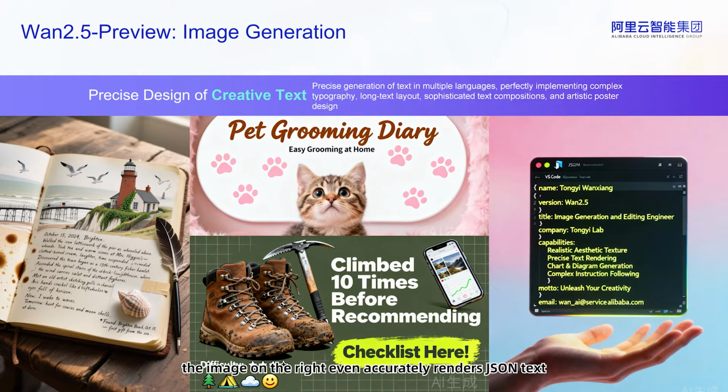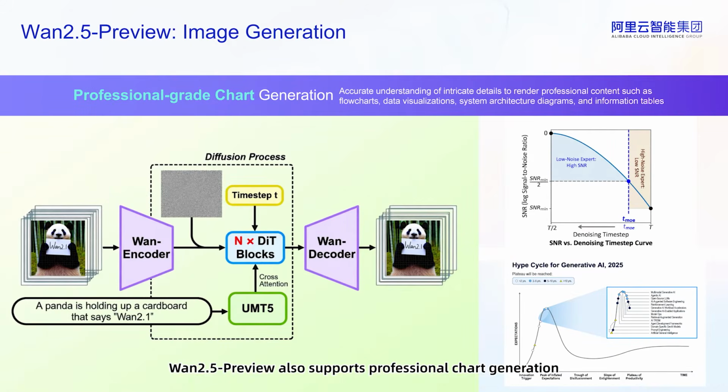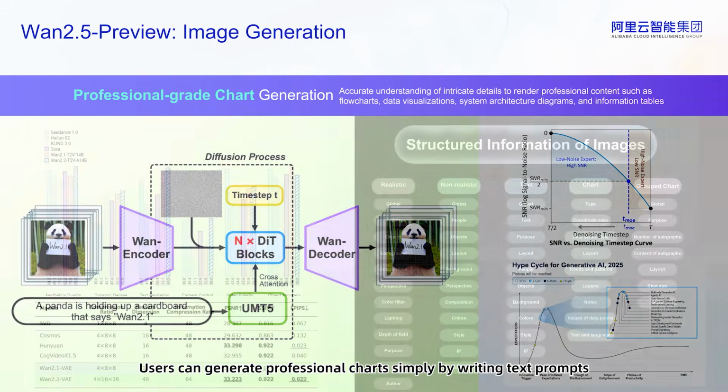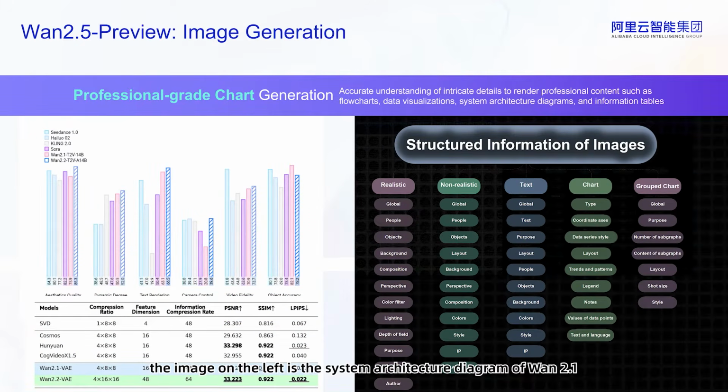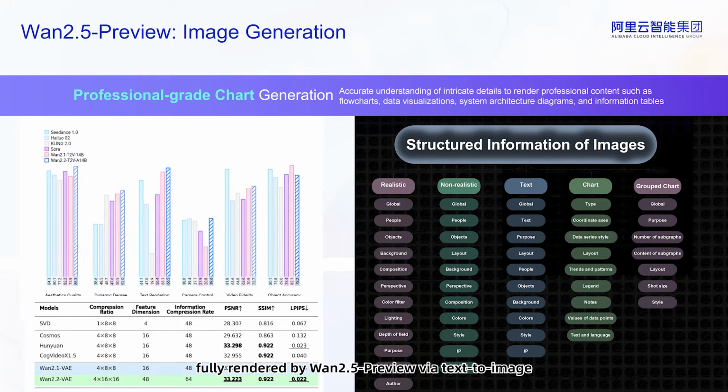For example, the image on the right even accurately renders JSON text. Wan2.5 Preview also supports professional chart generation, such as flowcharts, visualizations, system architecture diagrams, and information tables. Users can generate professional charts simply by writing text prompts. For instance, the image on the left is the system architecture diagram of Wan2.1, fully rendered by Wan2.5 Preview via